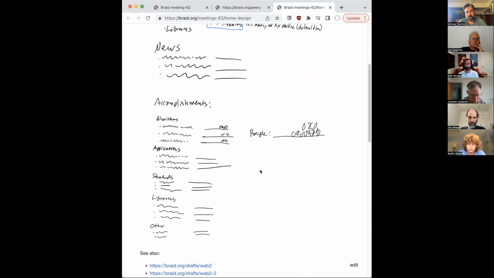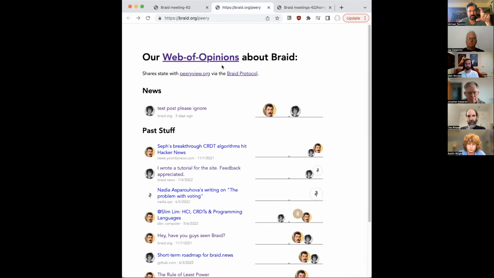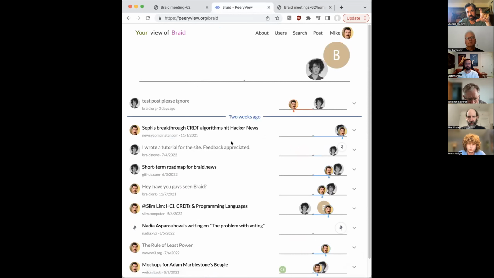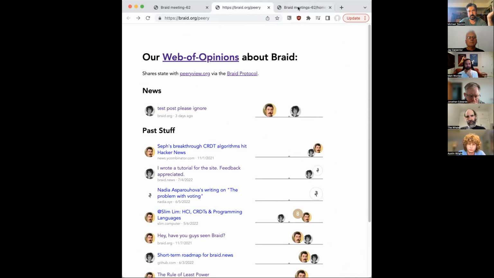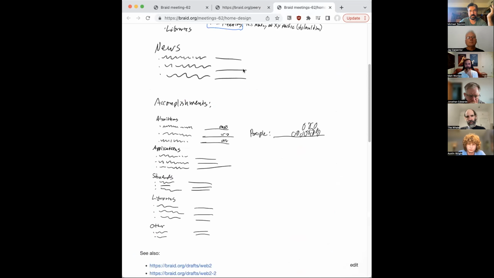And you'll also be able to post this anywhere, since it's all on the braid protocol. So you can post this on your personal blog. It'll just be like a little JSON array. Basically you can post a feed of all of your stuff, just a JSON array of links. And then on the Puri site, those links can show up here and you can vote on them, because they'll all be feeding in. I just want everything to be feeding in from wherever you post it, through here, and then onto the braid homepage. So trying to put this together, we made a little bit of progress on it.